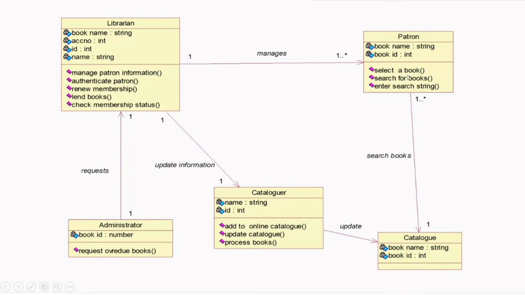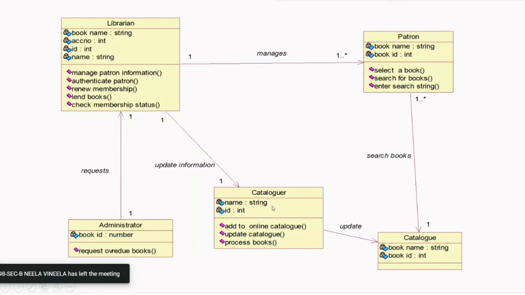Patron will search a catalog. Say, for example, a patron here is a student or a staff. As a student, if you want to search what is available in the library, whether the Pressman textbook is there in the library or not, you will go to the website and search in the catalog how many volumes are available in the library. If it is not available, no need to go to the library. So that is the meaning of this catalog.